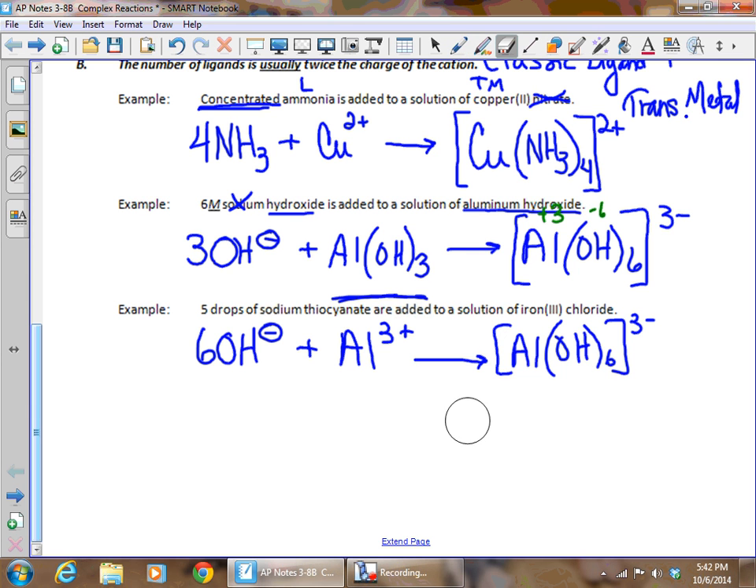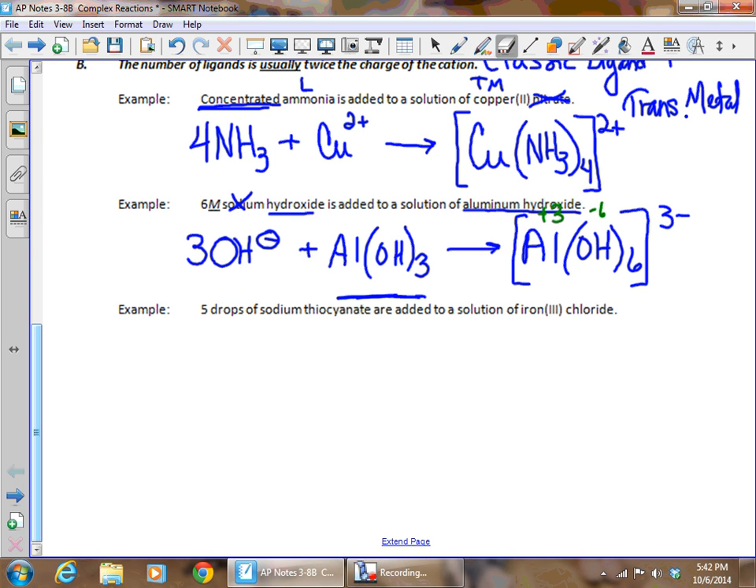Okay, so let's look at the last one. The last example has 5 drops of sodium thiocyanate added to a solution of iron 3 chloride. So again, this is one of AP's very favorite reactions. So sodium's going to drop out. As soon as we see this thiocyanate ligand added to a transition metal, just drop the things out that aren't going to be involved. So we've got the thiocyanate